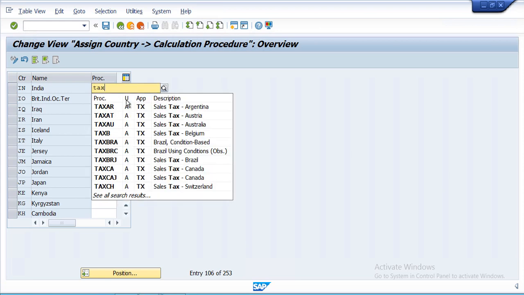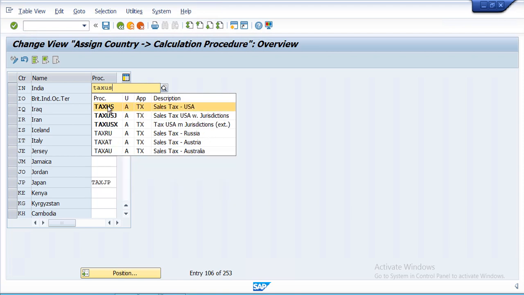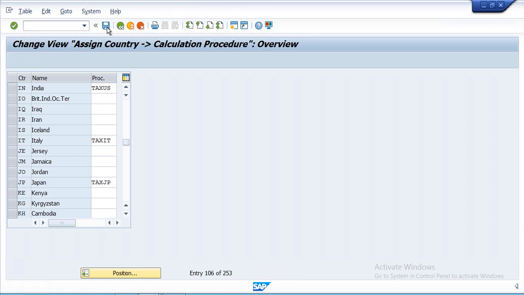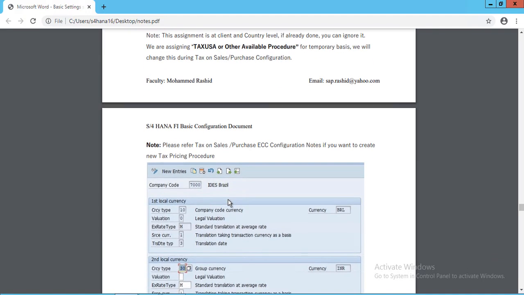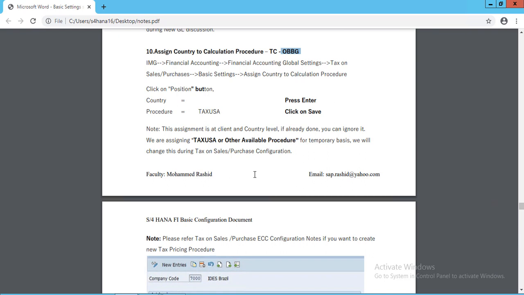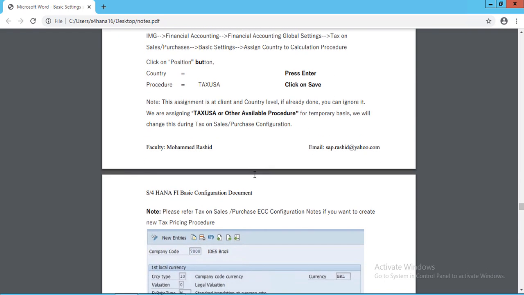I'm going to use tax US. Save this. So this currency configuration in the next step we will discuss, since here we have a major change.